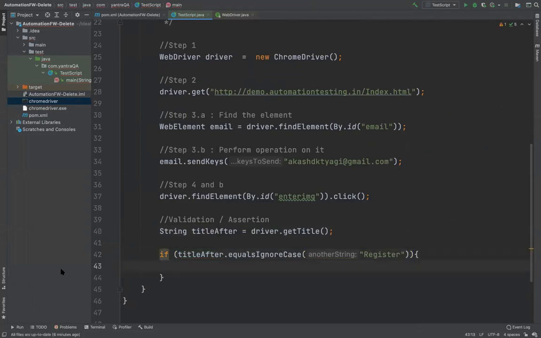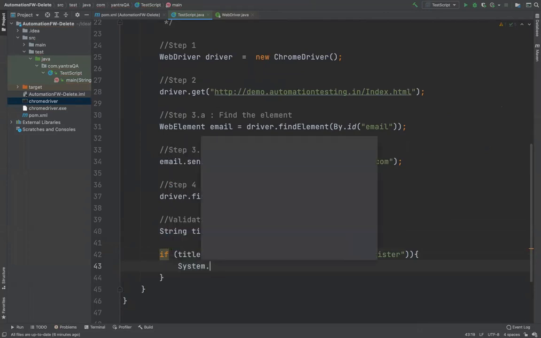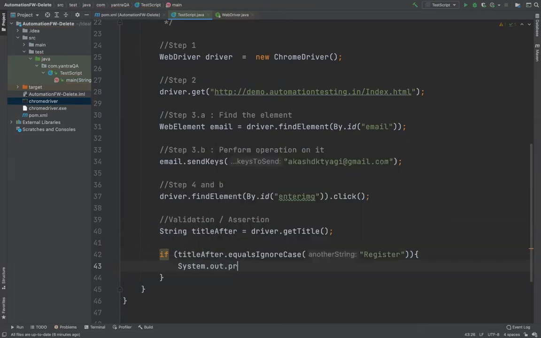If this is the case, then System.out.println "test case is passed", else "test case is failed". So this becomes your validation. Okay, so if I go and run this again,